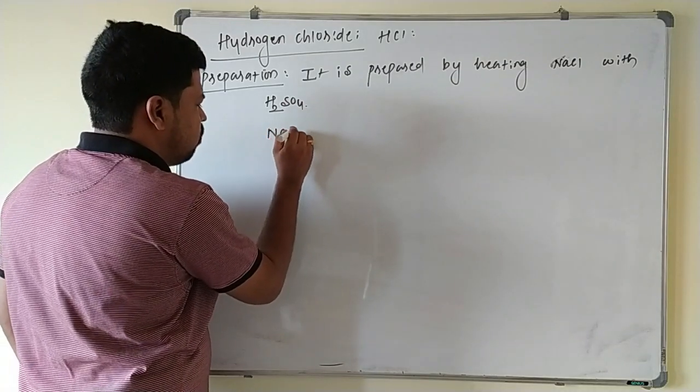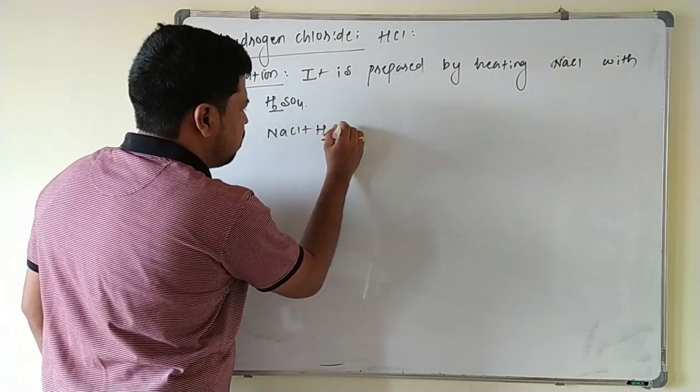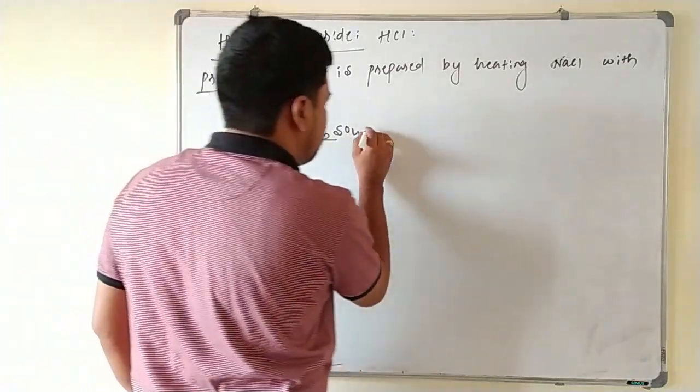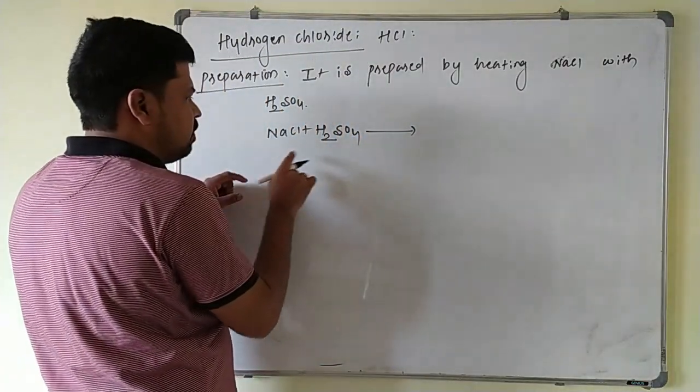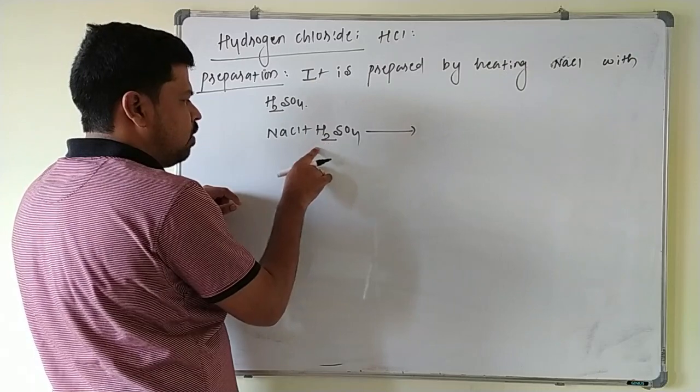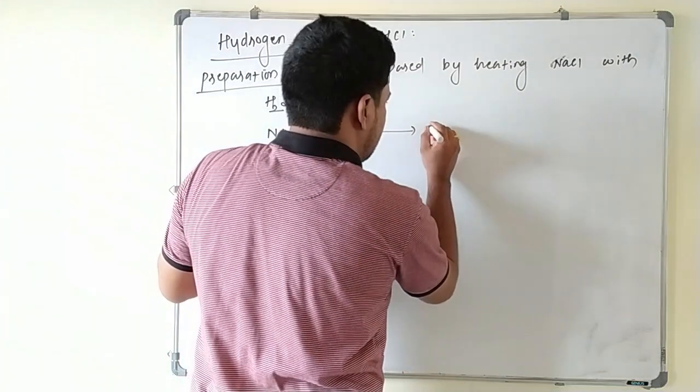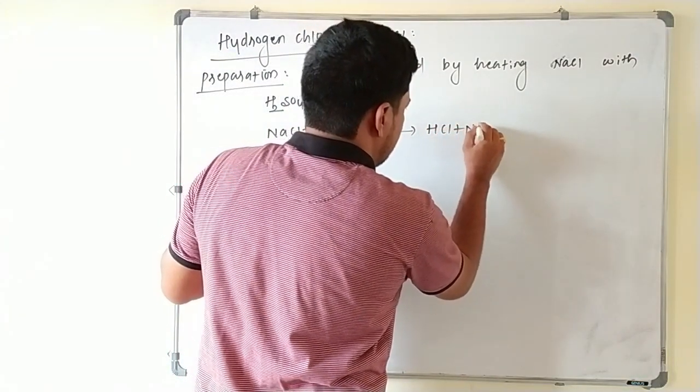This NaCl reacts with H2SO4, so that here 1 mole of HCl is formed, one hydrogen combined with Cl, so HCl plus